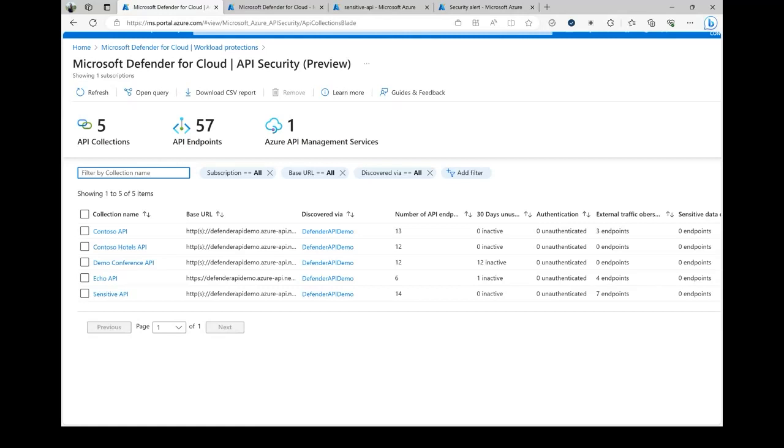So being able to see all of these APIM services within a single place has been very helpful for our customers, and we've received a ton of great feedback around that. But that's only just giving you visibility. We haven't even talked about some of the security insights, because with this inventory, you can also see the base